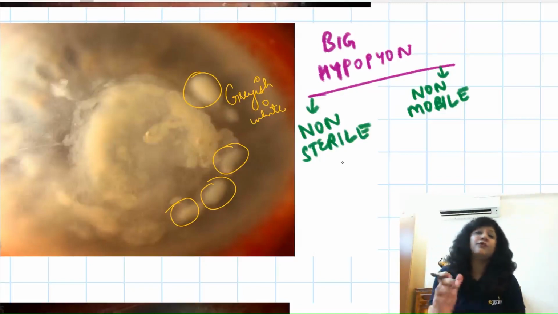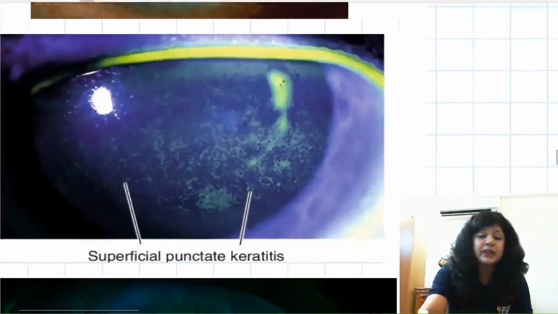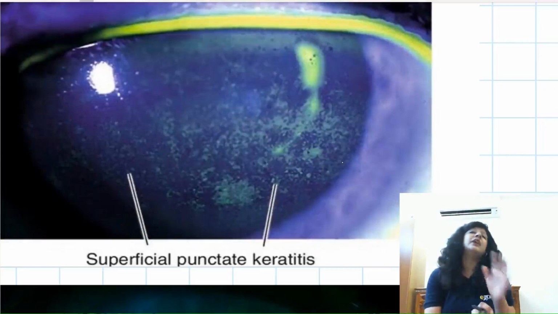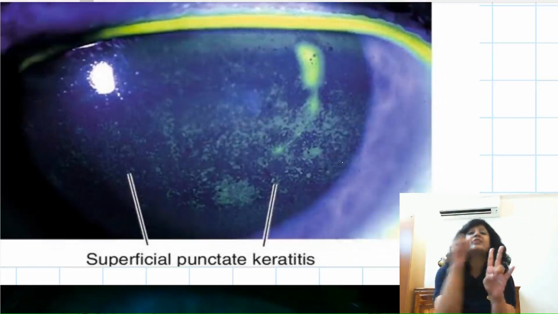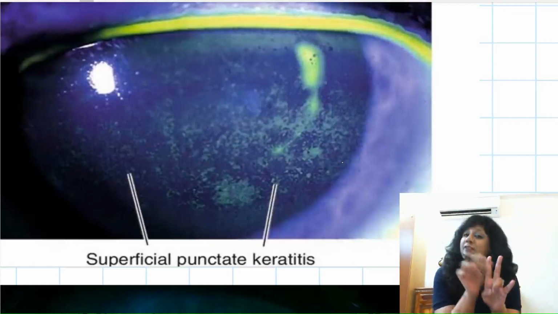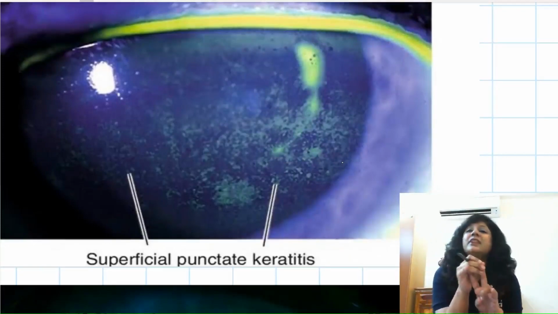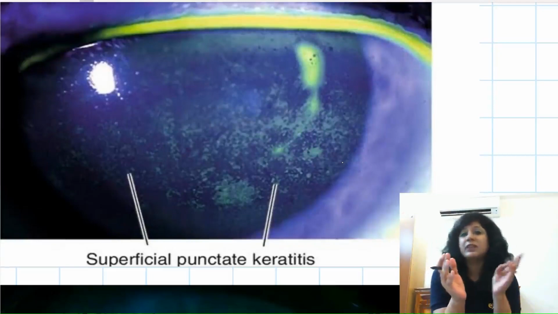Now the third is your viral. Whenever we are talking about the viral, always remember that there are two viruses which are very, very specifically causing the corneal ulcers. That is your herpes simplex as well as herpes zoster. Now the viral infections are causing two important things that will help you to differentiate that it's a viral ulcer. First is your keratic precipitates. They were very, very specific of anterior uveitis, but you can get KPs in the viral corneal ulcer. And second is the decreased corneal sensations.